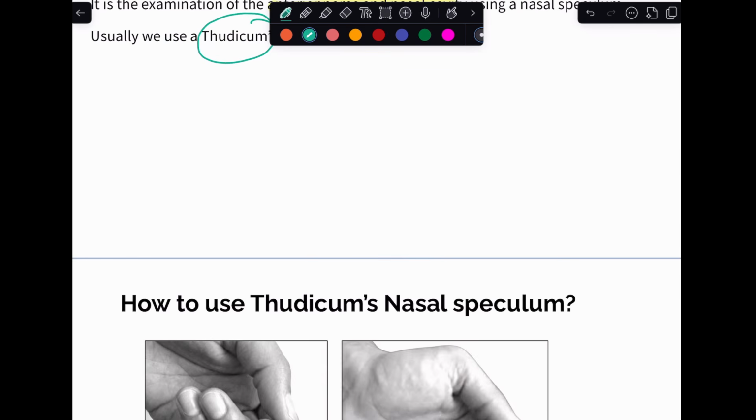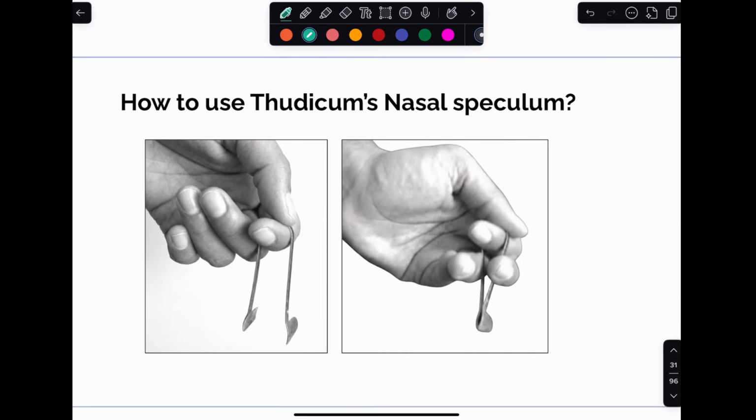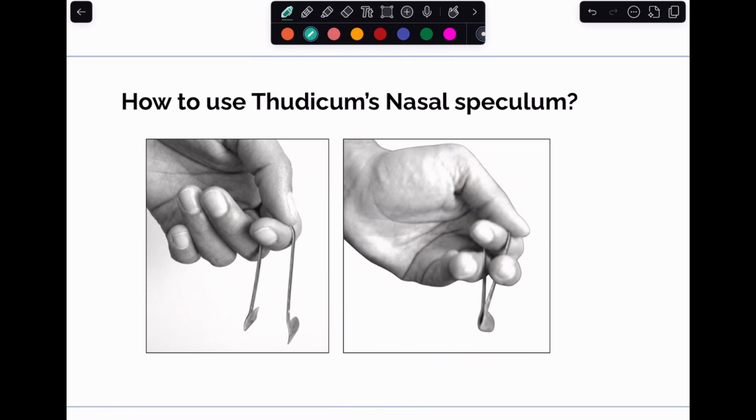Now let's look at Thudicum's nasal speculum. This is again a very common, typically favorite question of examiners. They'll just give you a Thudicum's nasal speculum and tell you to show how you are going to hold it and how you are going to use it. So in that case, you have to take the Thudicum speculum. Let's look at the images over here. You'll hold the speculum at the junction of the two prongs. So these are the two prongs of the speculum. You'll hold it at the junction of the two prongs with the help of your index finger and your thumb